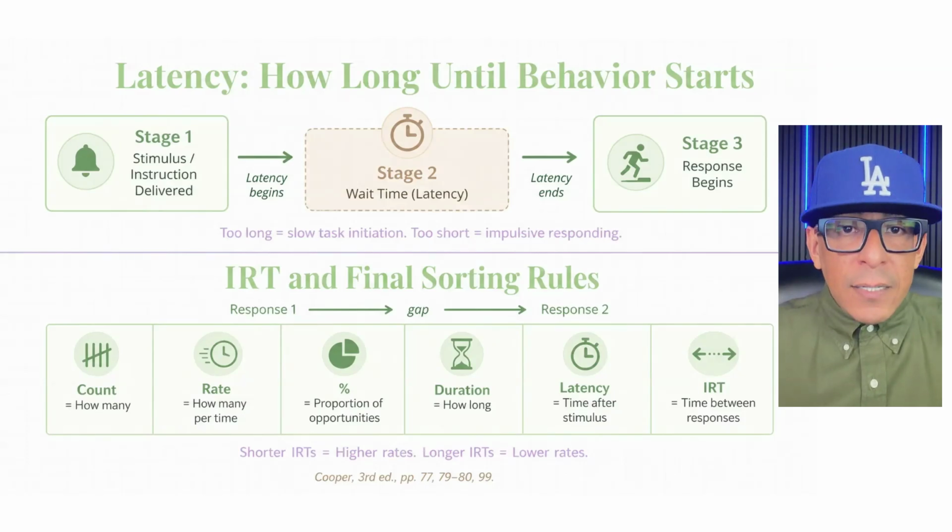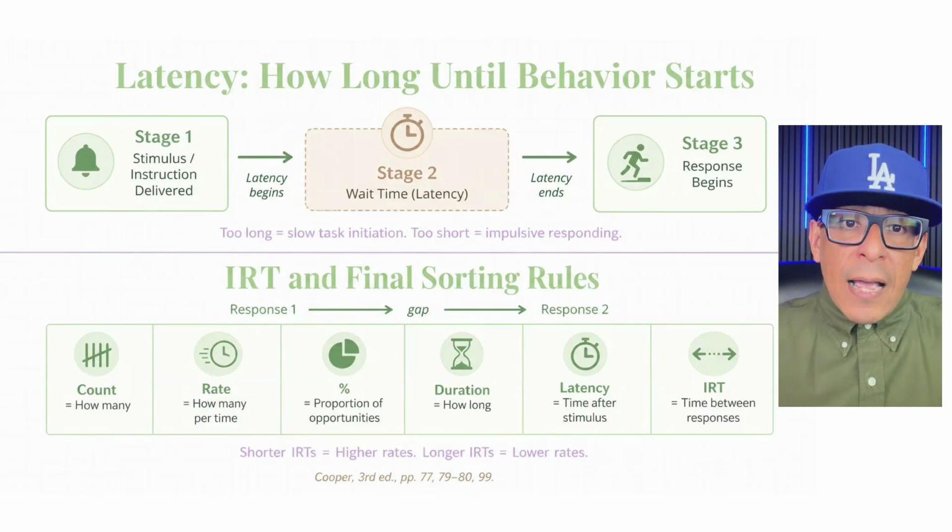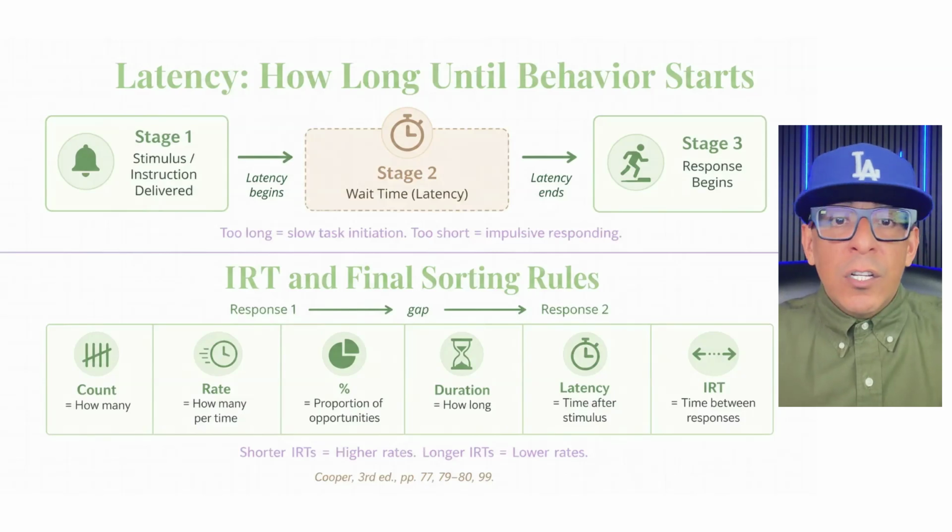A long latency might matter when a student takes too long to start an academic task. A short latency might matter when a student answers before the teacher finishes the question or when an adolescent retaliates immediately after peer provocation. Latency data are typically reported as the mean, median, and range of individual latency measures per observation period. On the exam, if the question asks how long after an instruction, cue, or opportunity the behavior begins,